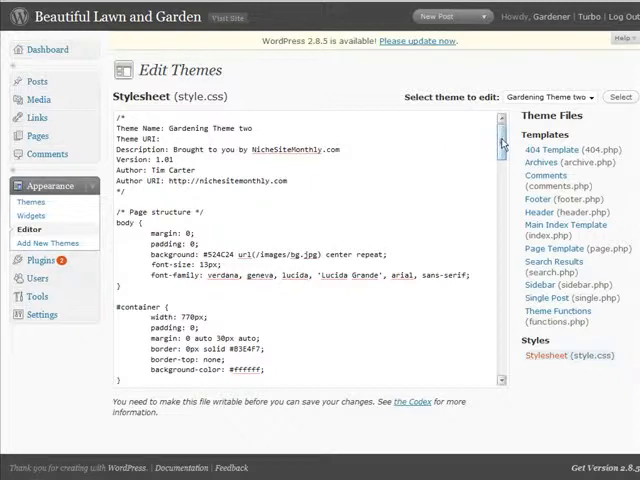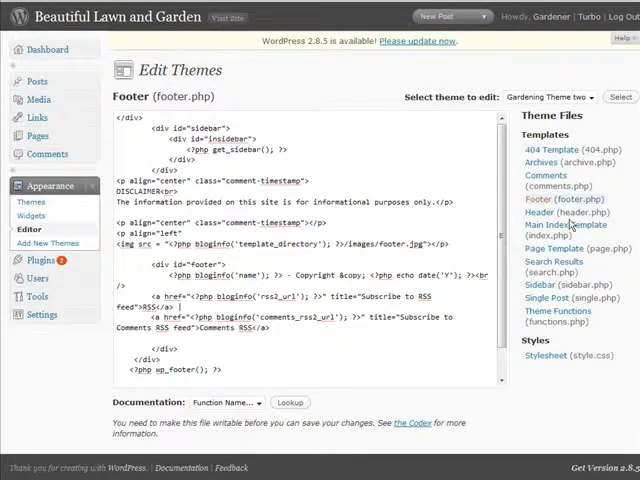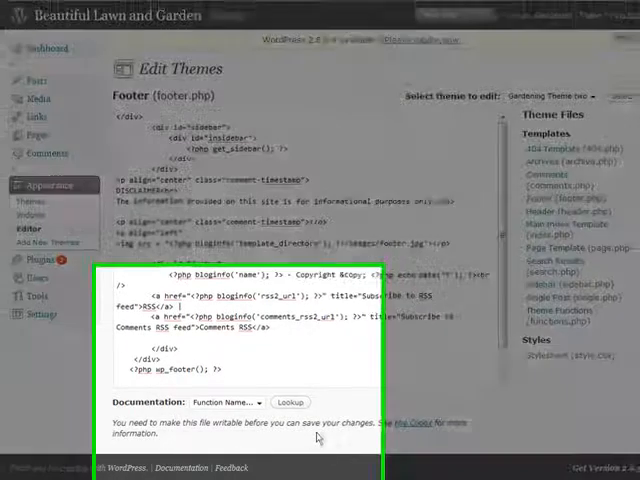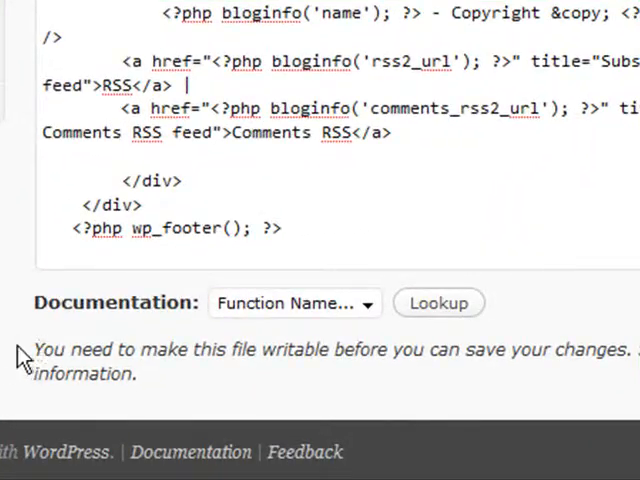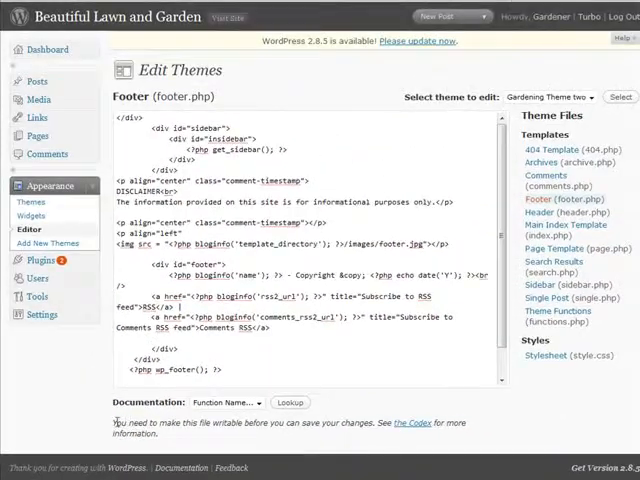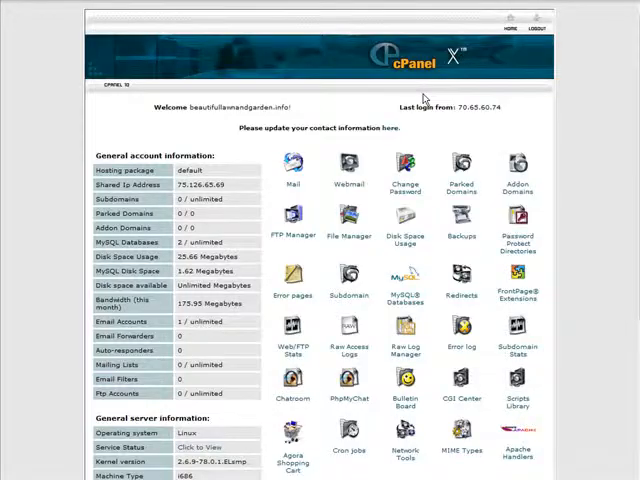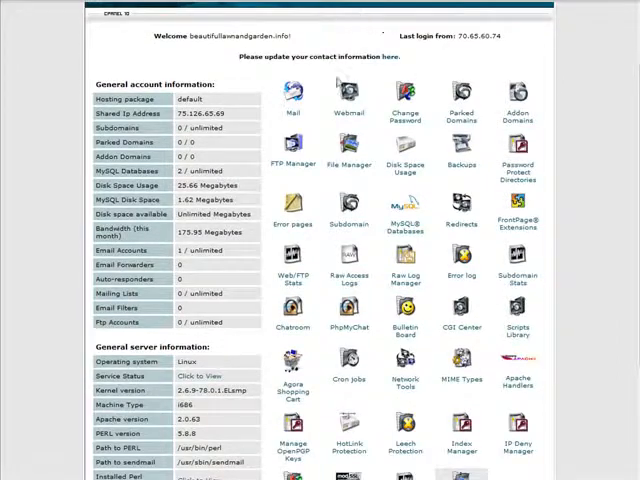and then you go over on the right side here and find the footer. Click on that. Now we're going to make the change in the footer, but you'll see down here you need to make this file writable before you can save your changes. To change these permissions, we're going to go to our control panel. This is the control panel for this site. We just go to File Manager,